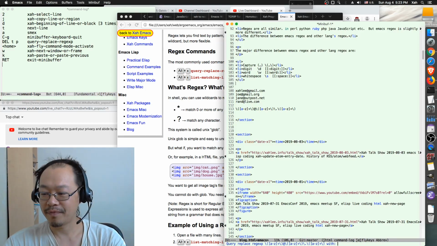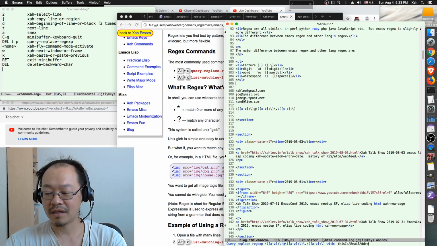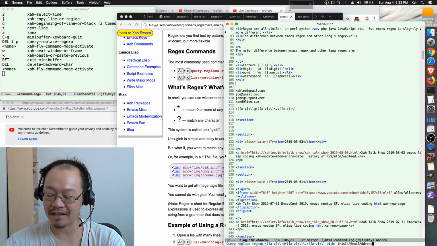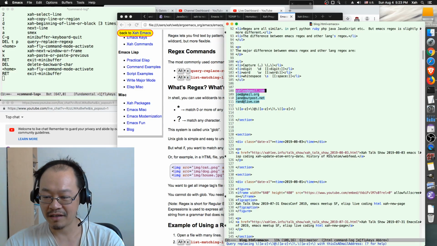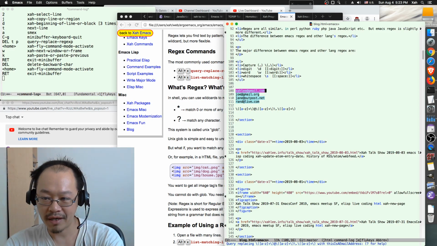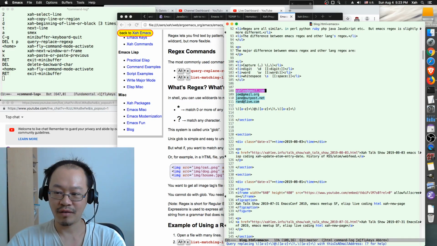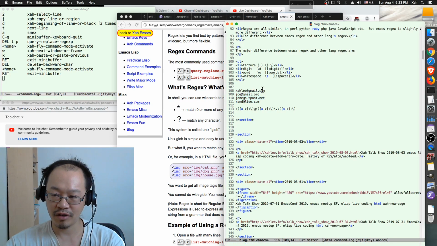Let's say we just want to replace it with the text: this is an email address. Okay, let's say okay. So it found one occurrence. It's going to ask you what you want to do about it. You can replace it, or skip it and go to the next match. And Emacs will say type question mark for help. There are several shortcut keys you can